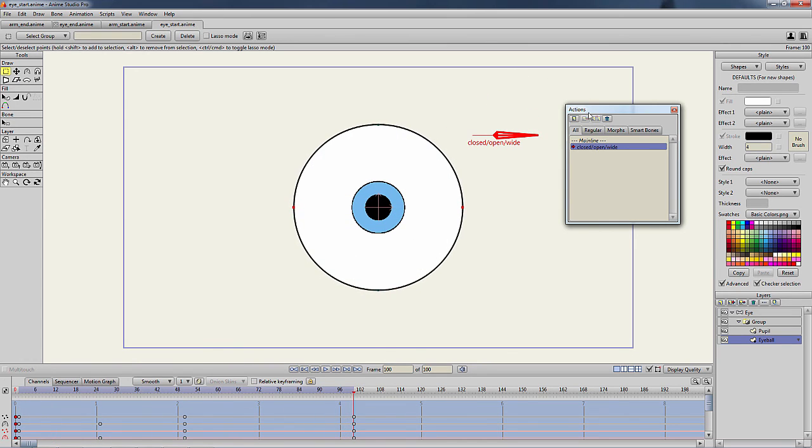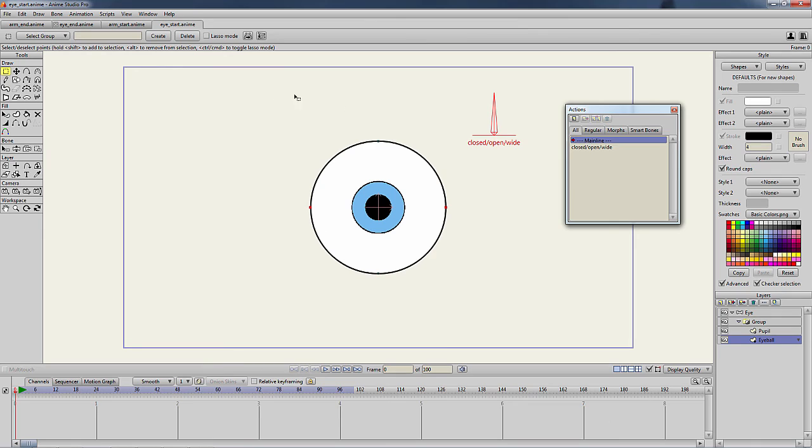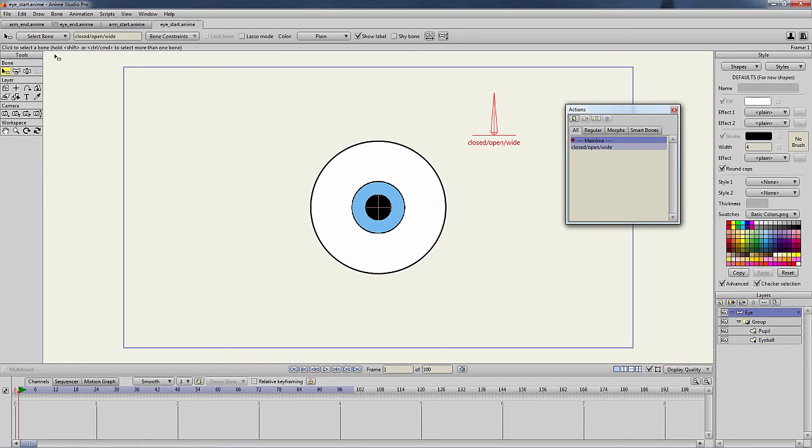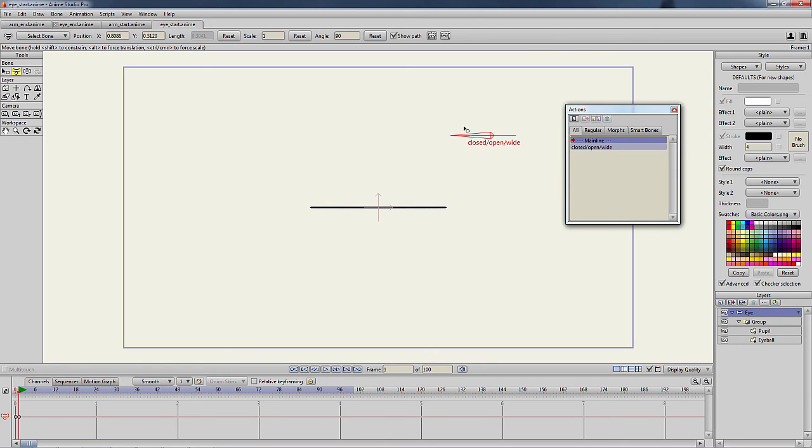Double-click Main Line in the action window to close the action and return to the main timeline. Go to frame 1, select the Transform Bone tool to test your new smart bone, and you're done.